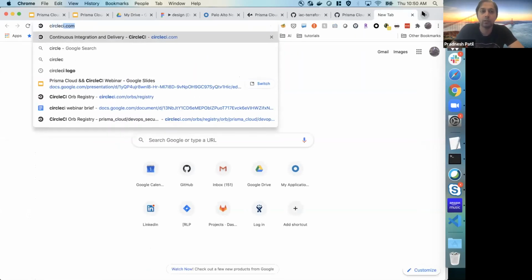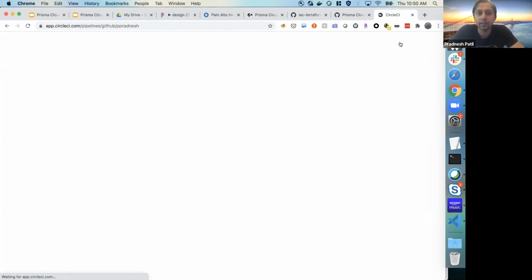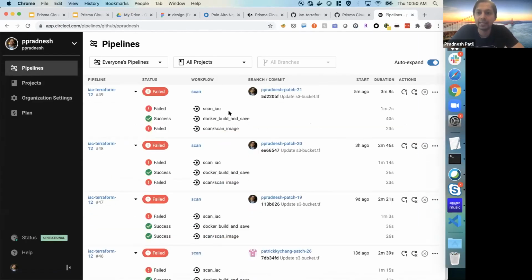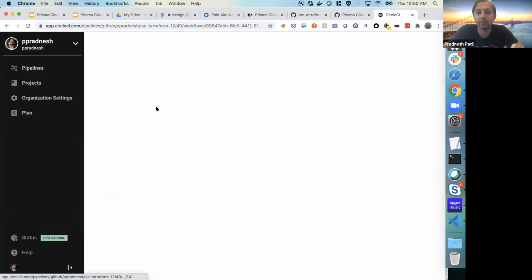So now switching over to CircleCI, let me log in to my CircleCI instance. So those tasks are getting triggered continuously. You can see this particular one has failed because I didn't really merge the PR. So that's why those security issues are still present. There are 2 scan stages, one is scan IaC and the other is scan image. If I click here,